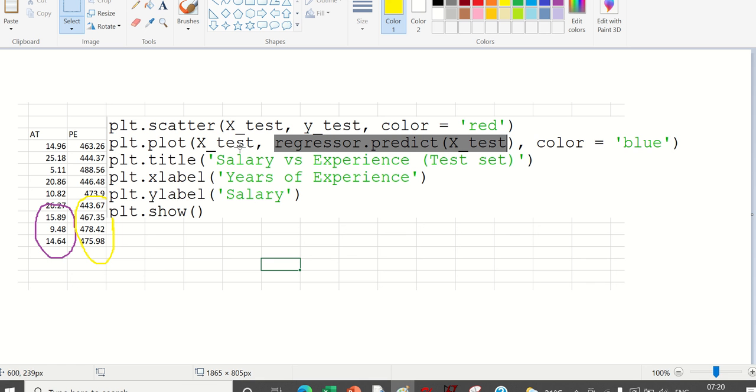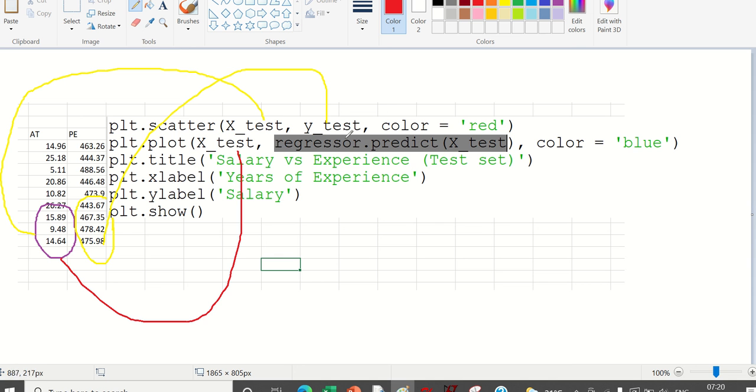So what is this? This part is the first one. This is X test, and this is Y test. Once we are doing this plot, in the next case we are using X test. That is correct. Which one is this? X test. What is this part? Regressor. What is this in the red box?